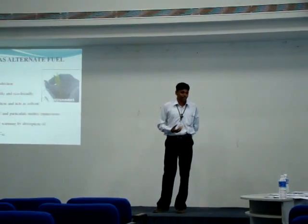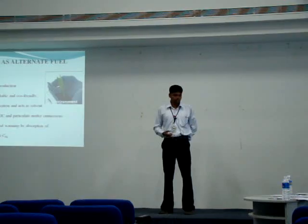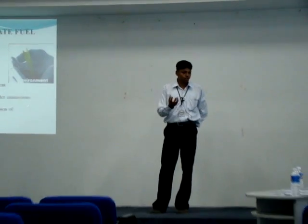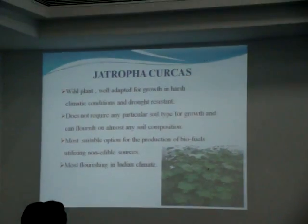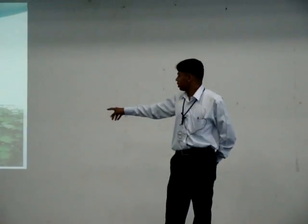They are extracted from plants rather than any petroleum product. And when plants are planted for producing biodiesel, they have the capacity to absorb CO2 during photosynthesis. For this reason, biodiesel has the potential to absorb CO2 and greenhouse gases before it is actually used. Slide please. For production of biodiesel, we have identified tetrahydrococcus, as shown in